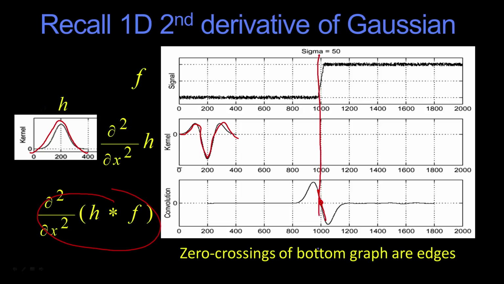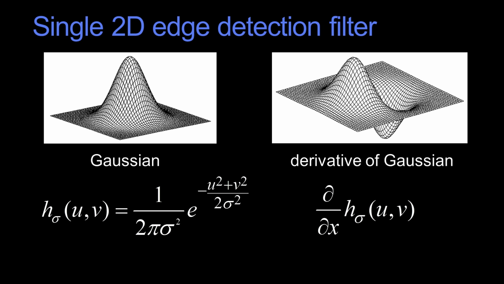But to do this in two dimensions is a little bit harder. And the reason is there's more than one direction to take our derivative. So here we have our Gaussian, the formula there, and it's this nice mountain in the middle, but we have to take a derivative in one direction. That's the one, let's say, in x, and there'd be one in y. And then on our second derivatives, there's three choices.